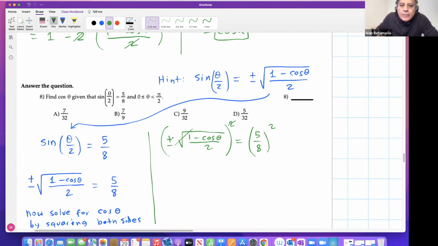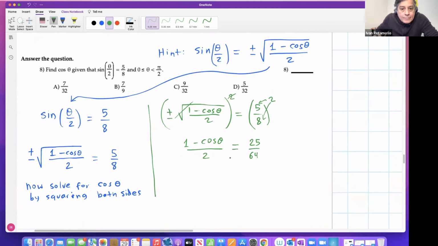And also it will eliminate this plus or minus. It will output just a positive quantity, right? So this will be (1 minus cosine of theta) over 2 equal to 5 squared, 25, over 8 squared, 64, right? 64. Very good. Now, once you are here, when you have two fractions equal to each other, a good technique is